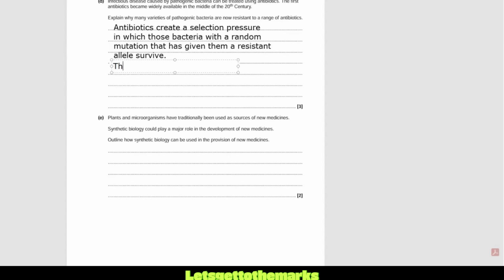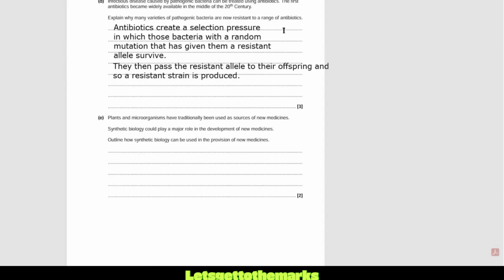So they then pass the resistant allele to their offspring by binary fission. And so a resistant strain is produced. So what do we mean by that? What happened to the non-resistant ones? The ones without the random allele, they all die out, and only the ones with the resistant allele survive, and therefore they come back with all the resources just for them and make a massive population of resistant bacteria.